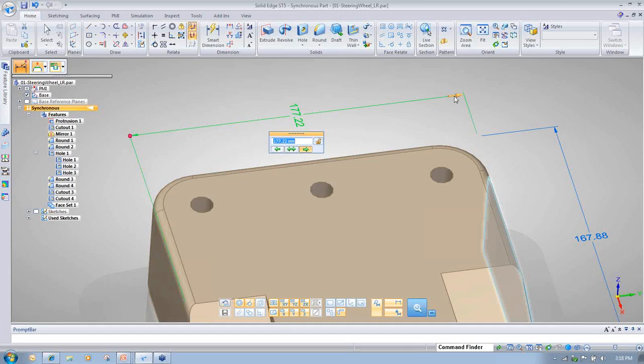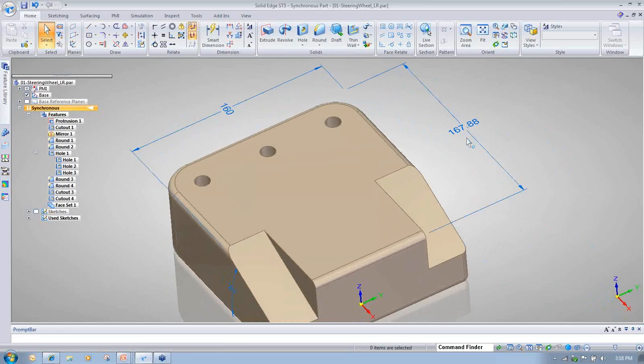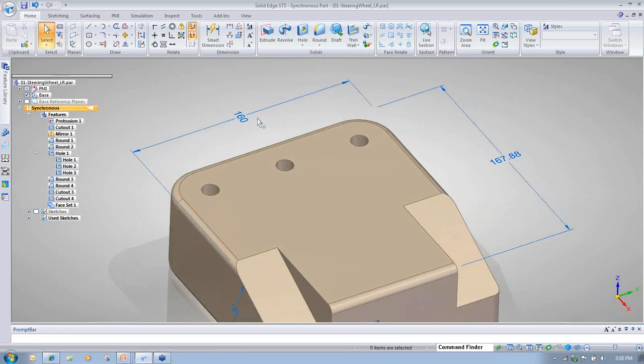If I go over to this direction, you can see that it's going to add material in that direction. And new to ST5, we can add material in both directions, or symmetrically. So in this case, I'm going to type in 160. Before I hit enter, I want you to notice that all of those relationships that we detected through the live rules are going to stay consistent. Again, keeping the holes concentric to my part radiuses and edges, and all of that changes nicely together